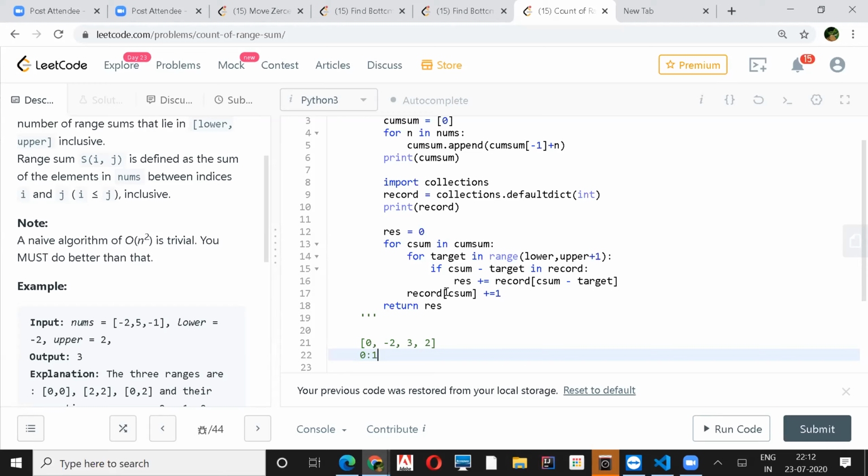Let's see, if the distance between lower and upper is greater than n, let's say it's n. No, we can put anything in there. Lower and upper will be within your array limits only. Is that given? It can be a value, right? It can be anything, negative, positive, right? Yeah, so minus infinity to positive infinity. So you cannot even compare that, right? That's true. The question is not giving that, but we are assuming it won't be more than that. This is just an assumption. I think it won't pass LeetCode.